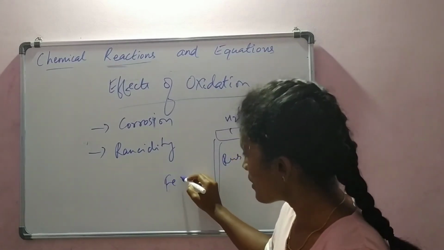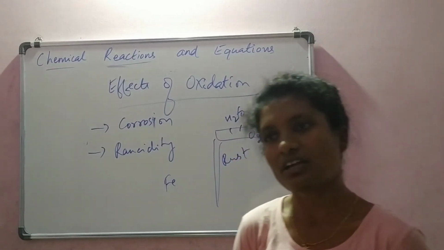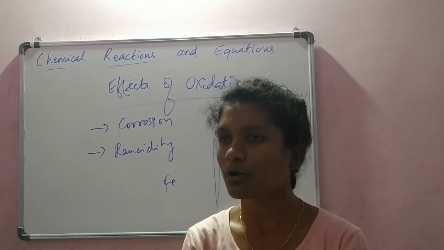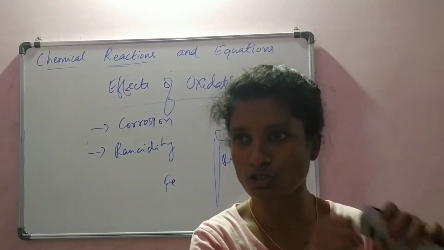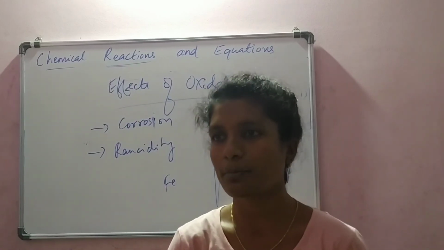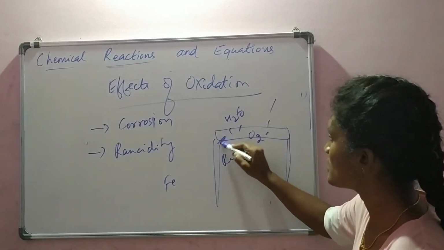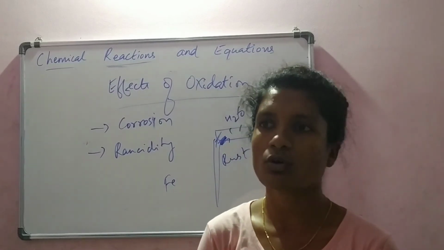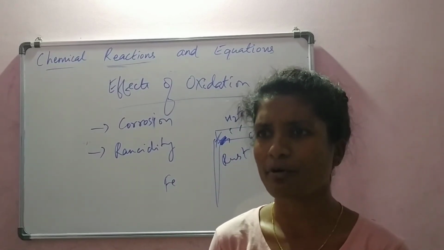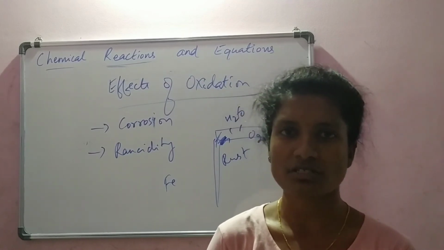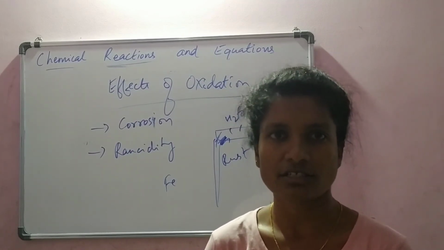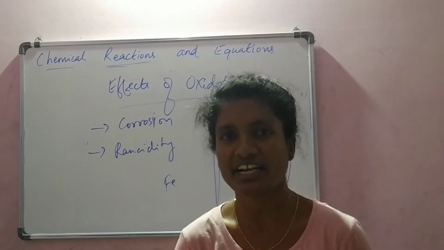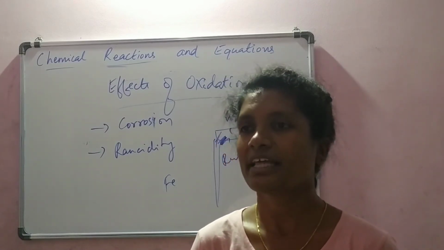Iron is a stronger material whereas rust is a weaker material. You have seen a rusted iron piece can be easily broken, whereas a newly made, strong iron piece cannot be broken easily. So if bridges get rusted like this, or metallic furniture, doors, anything made up of iron, most vehicles use metals, correct? Cycles, the body of the car and other things, if they are not well maintained, if they are not painted often, they get rusted.